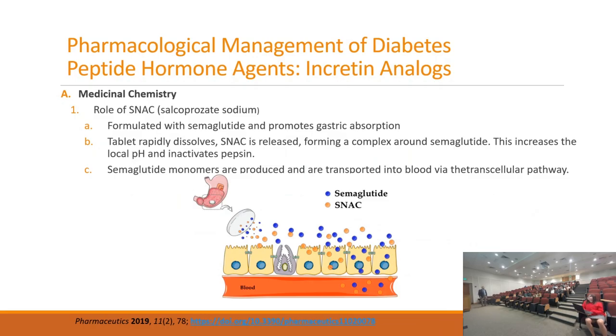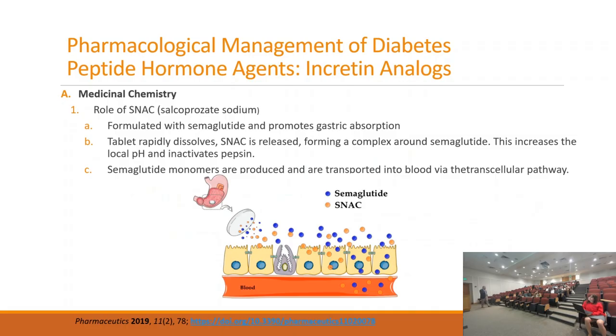All right, so are we using the oral form of semaglutide now, Dr. Foles? Yes, we are. Okay, so I guess it's worth talking a little bit about the stack, salcaprozate sodium,